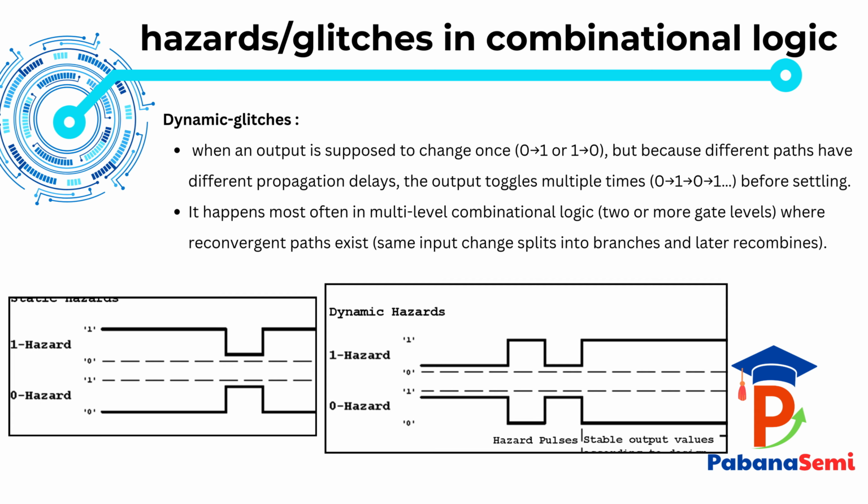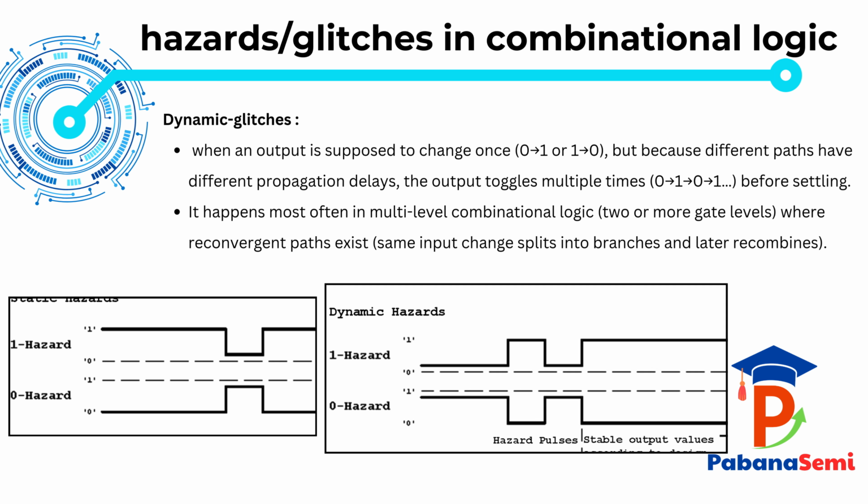In multi-level combinational logic, meaning circuits with 2 or more gate levels, a single input change can split into multiple branches. Those branches reconverge later at the output. Because each branch has a different delay, the output may respond to one path first, then another, causing repeated temporary transitions. In the small diagram below, you can see